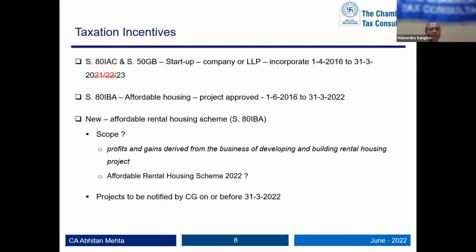This issue comes up because the project has to be approved by the central government before 31st March 22. At least on the income tax website, there is no such project which is approved, but I am not sure income tax is the right or the only website where this approval would go. So otherwise it doesn't have a general application, only limited to the projects which are approved. A normal Chapter 6A deduction has been provided.